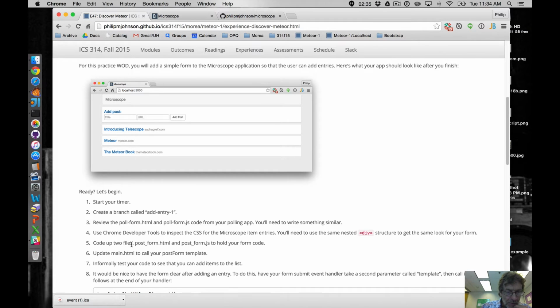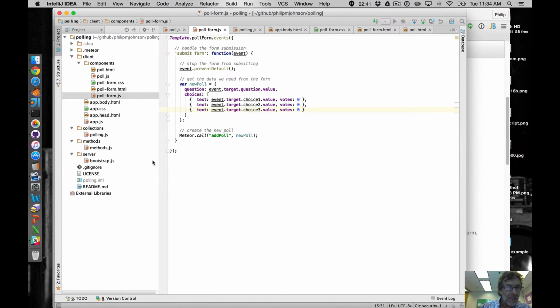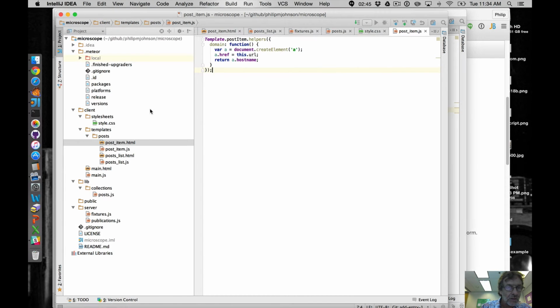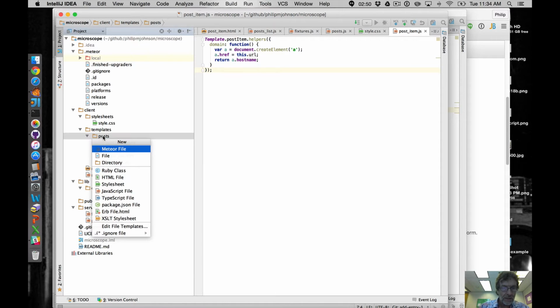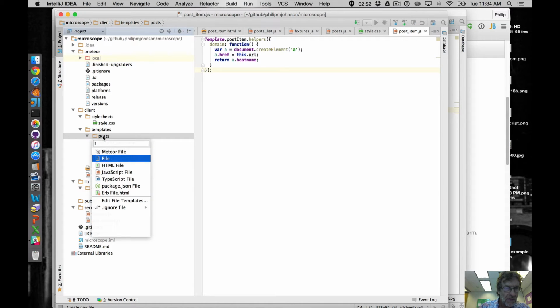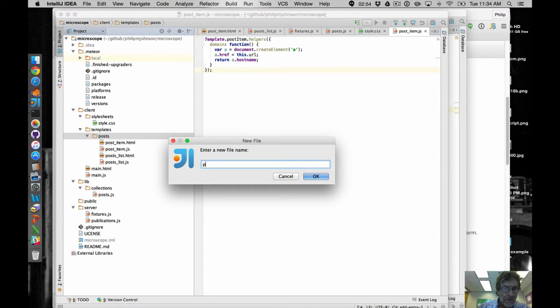All right, so I'm going to code up two files, postform.html and postform.js, to hold my form code. So let's go back to IntelliJ, and here we can't be in polling right now. We're going to be in microscope. So we're going to have post form. I'm going to create a file, and this will be postform.html,